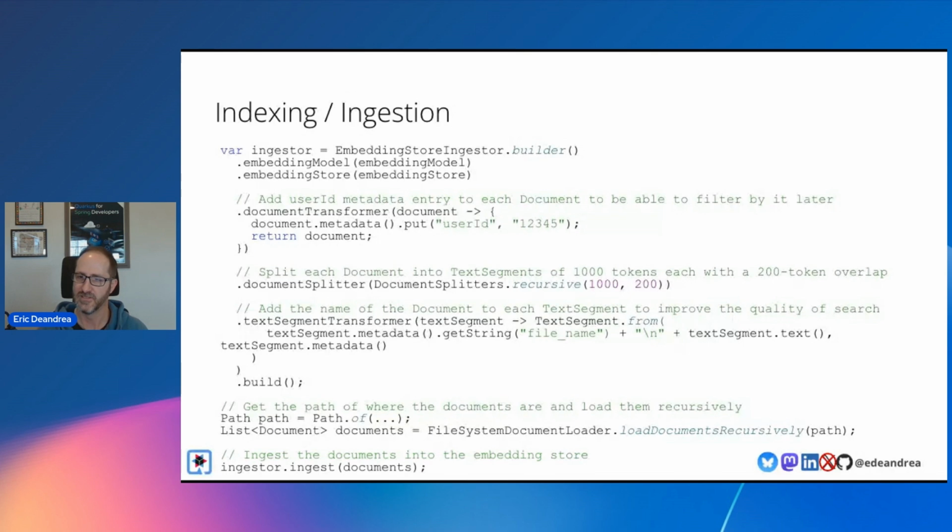And then in this case, we're just splitting it randomly. So we're going to split it into text segments of 1,000 with a 200 token overlap. And then we're going to transform each segment. So in this case, with the text segment, we're adding the file name that it came from as part of the metadata. And then you load your set of documents and then you ingest them.